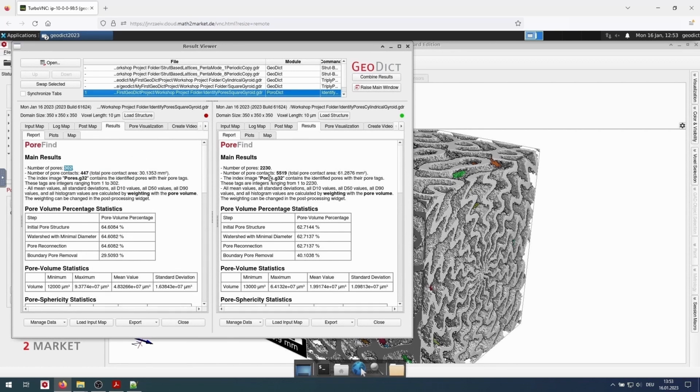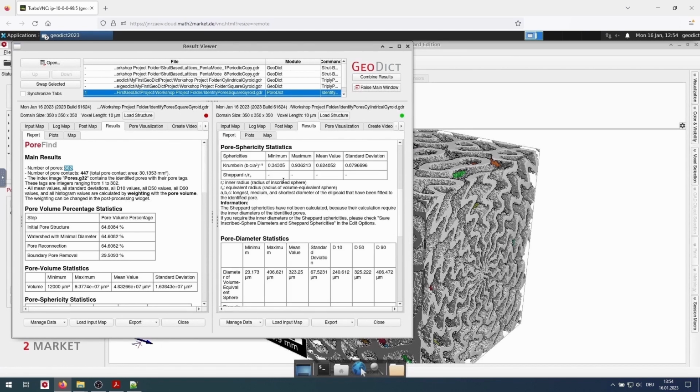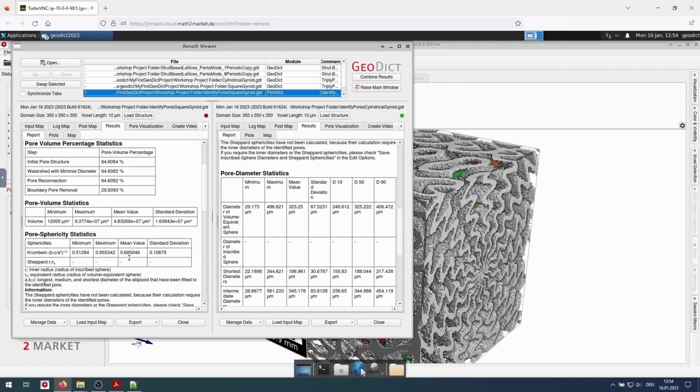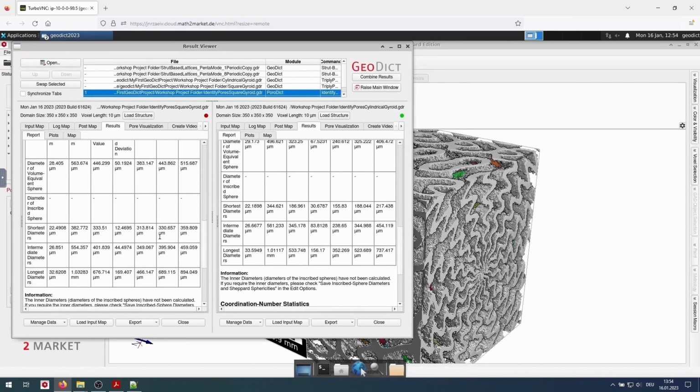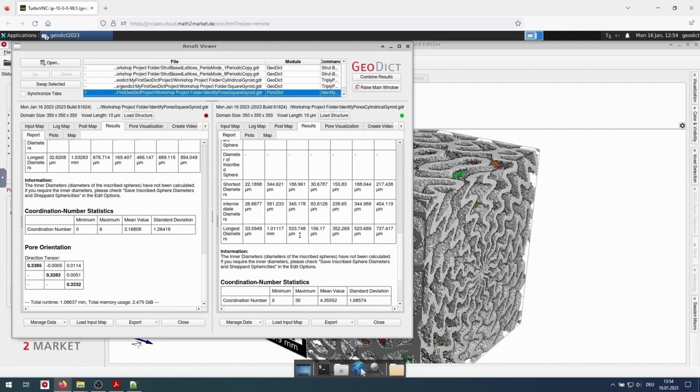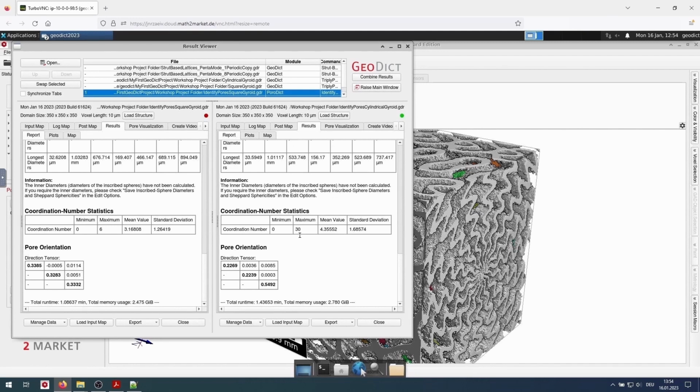For example, we can compare the number of the pores and also the pore diameter statistics. And we see that the cylindrical gyroid appears to have an anisotropic orientation in the Z direction, which is to be expected by a cylindrical object.